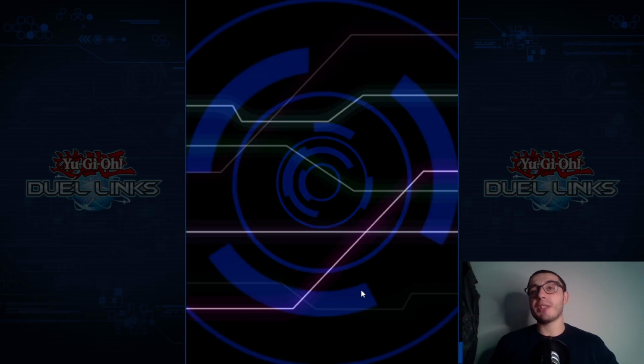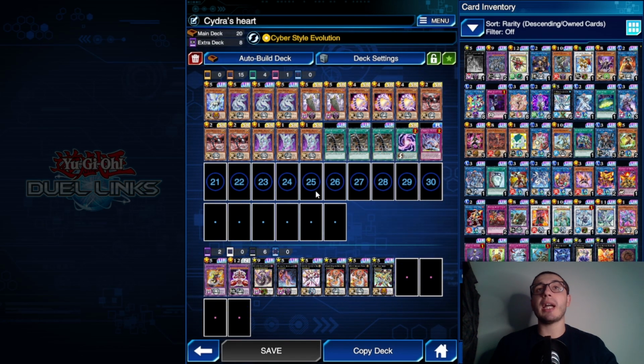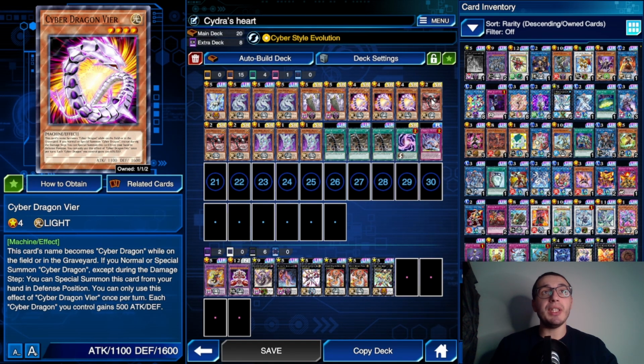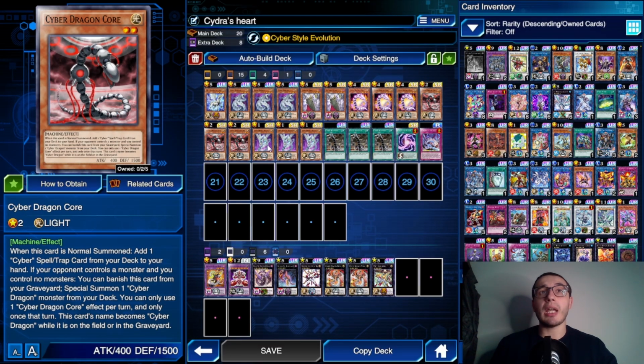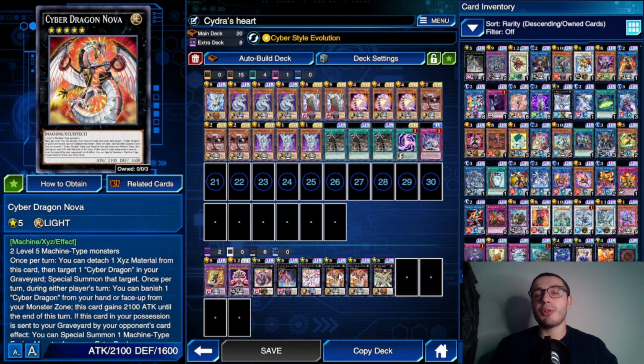So I'm here with Zane Truesdale, and the skill I'm using is the classic one, the Cyber Style Evolution. It lets me, 3 times per duel and twice per turn, make the level of a Cyber Dragon monster I control equal to 5. Of course, this is for the Cyber Dragon Core and the Nächster. So this helps to go into a Cyber Dragon Nova, but